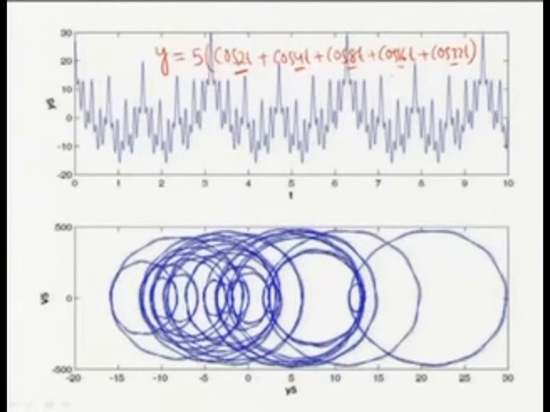So, by taking a response in which I have taken the frequencies in this way, the corresponding response you can see is neither periodic nor quasi periodic nor a fixed point response. The resulting response is a chaotic response. So, the phase portrait for the corresponding chaotic response is shown here. So, this is the phase portrait of the corresponding chaotic response.